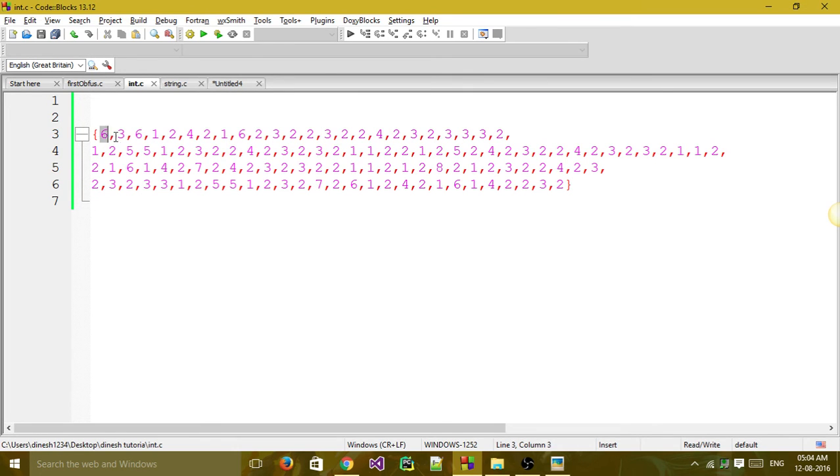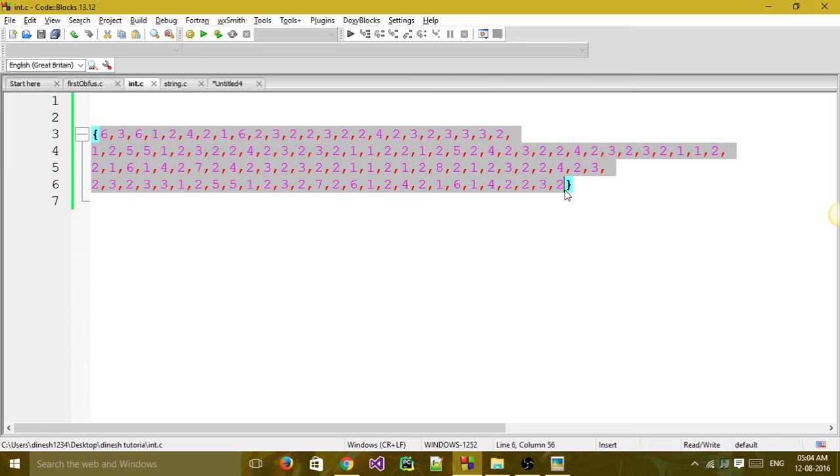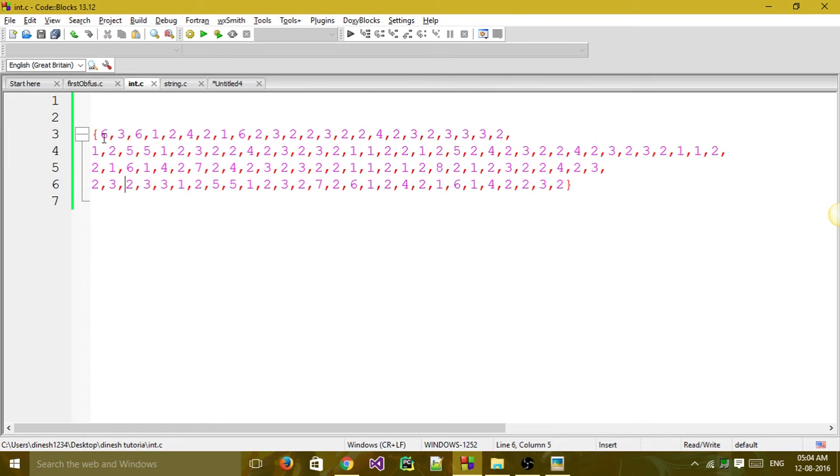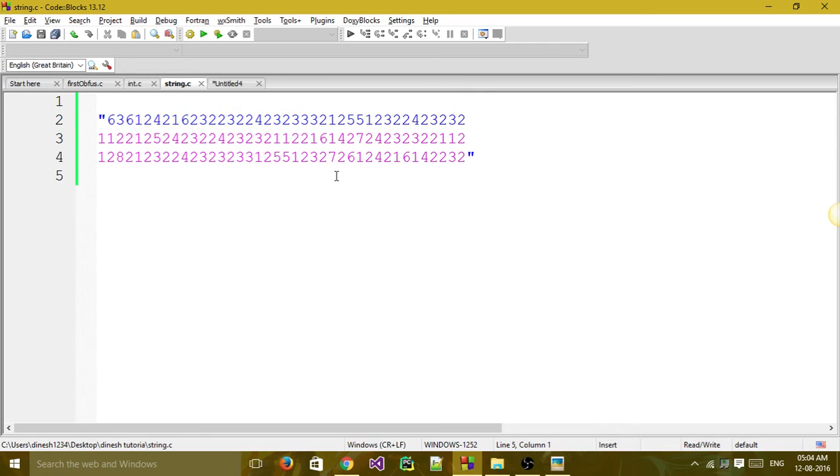So let us convert this integer array to a simple string containing these integers, something like this. If you make it a string like this, it is somewhat obfuscated, but not that much. We can predict it by seeing this also. So let us subtract some offset, or add some offset, and make it into another string.